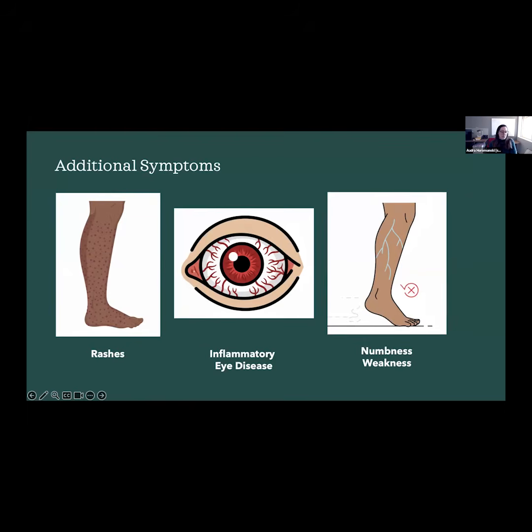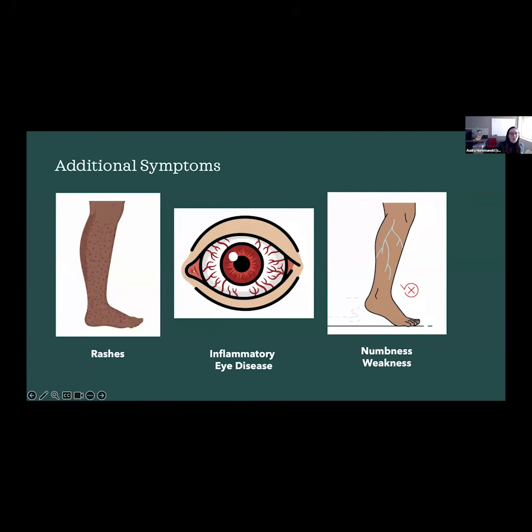Inflammatory eye disease is also well described in GPA, and that can take a number of different forms. You can get inflammation within the eye itself or within the different layers of the eye. You have all these different components of the eye, for example, the retina, which is the farthest part in the back of the eye, or the sclera, which is more on the front part of the eye. Sometimes that causes a variety of different symptoms. When you have inflammation of the sclera, it causes a lot of redness, a lot of pain in the eye, even with movement, and a lot of irritation. Whereas inflammation of the retina won't really be visible from the outside, but causes painless vision loss.